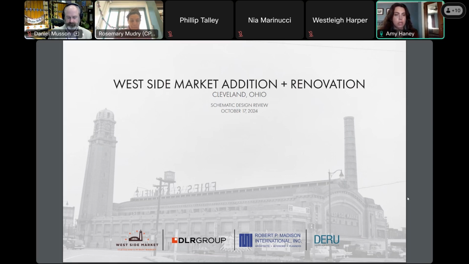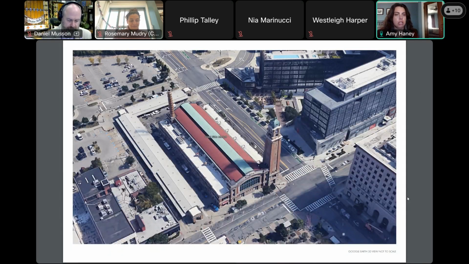Thank you. So with that programmatic and background context, let's go into our physical context. Next page. Hopefully we all know the West Side Market is located at the corner of West 25th and Lorraine. I want to draw your eyes to the lower rooftop on the market hall. We're going to talk briefly about what is going on that roof. There are currently some mechanical units sitting mostly on the north side, and anything new going on that roof is going to be at or below the level of those